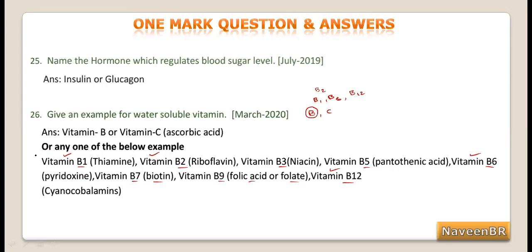With respect to board exam, you can concentrate only on vitamin B1, vitamin B2, vitamin B6, and vitamin B12. If you learn these 4, it is sufficient, with their chemical names: thiamine, riboflavin, pyridoxine, and cyanocobalamin. It is a cobalt containing vitamin. This is required for your board exam. If you are interested in competitive preparation, you can learn additionally the B complex vitamins with their chemical names. With this, all the 1 mark question discussion we have seen.